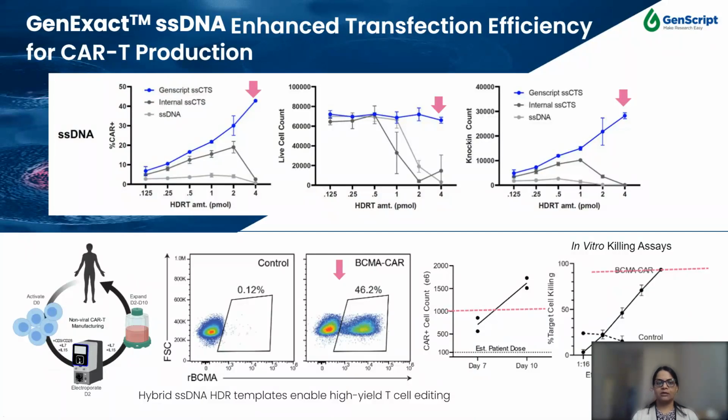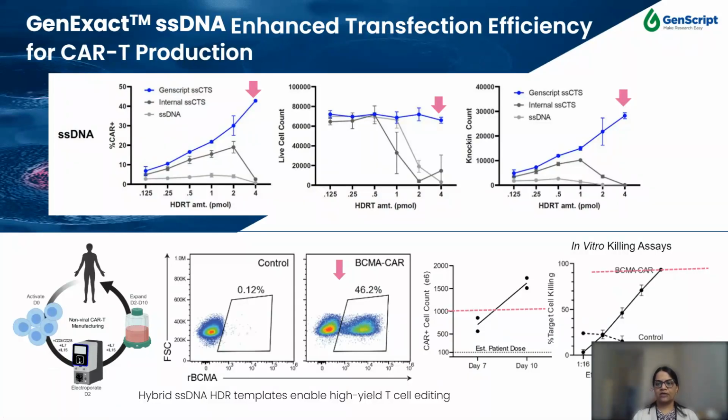One of these figures is a diagram of the non-viral CAR T cell manufacturing process they used, and the upper part of these three figures shows that GenScript SSCTC consistently performs better compared to the lab generated SSCTC or standalone ssDNA. And then in the bottom two,